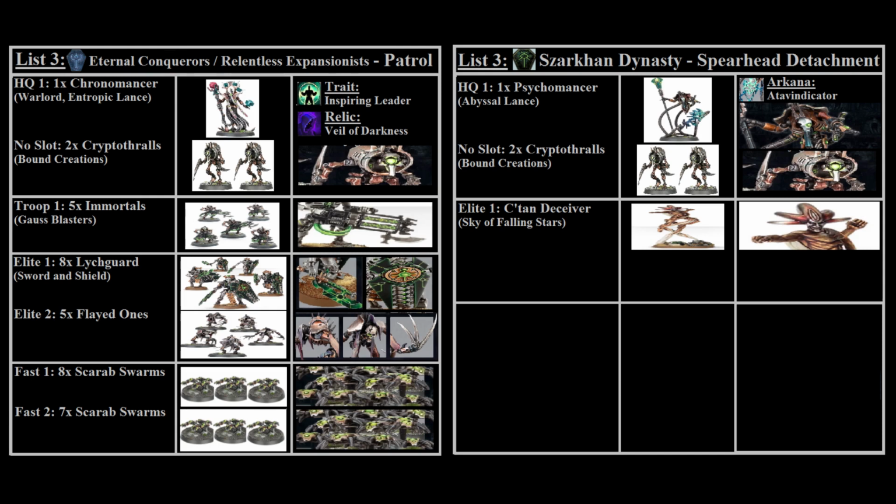However, one thing I'll mention about the Sky of Falling Stars is that it's definitely better against large units than small units, and that makes a lot of sense because this list probably has some difficulty dealing with some large swarmy units, so the ability to put out a decent amount of mortal wounds against larger blocks of units makes this Catan power definitely good, though there is something more to be said about this Deceiver,